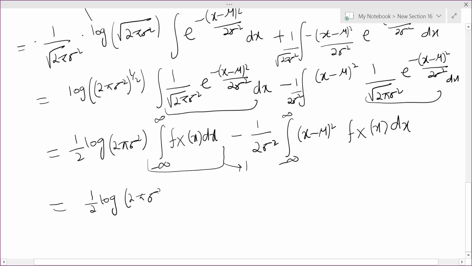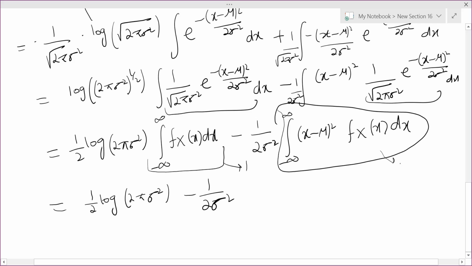So similarly, 1 by 2 sigma square. What is this? This is nothing but the expected value of x minus mu square, which is the variance sigma square by the definition of variance. Okay,